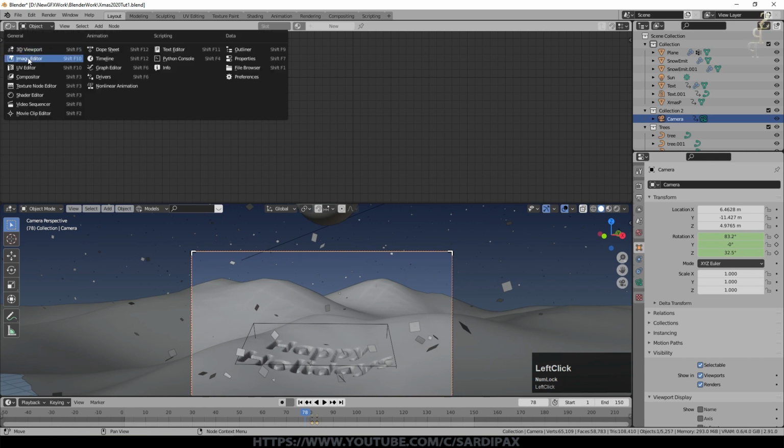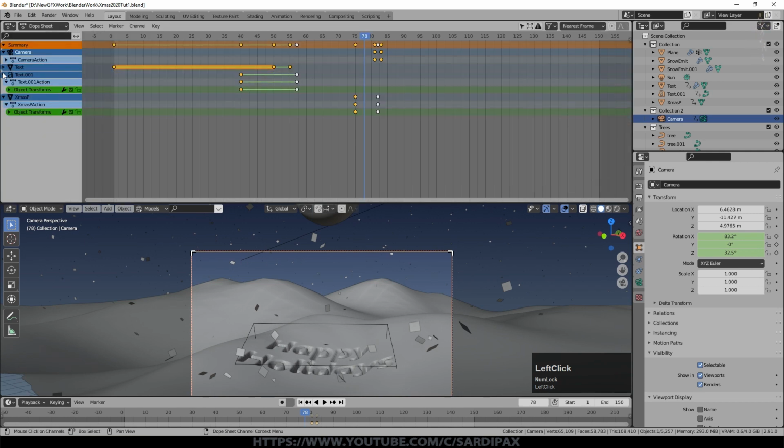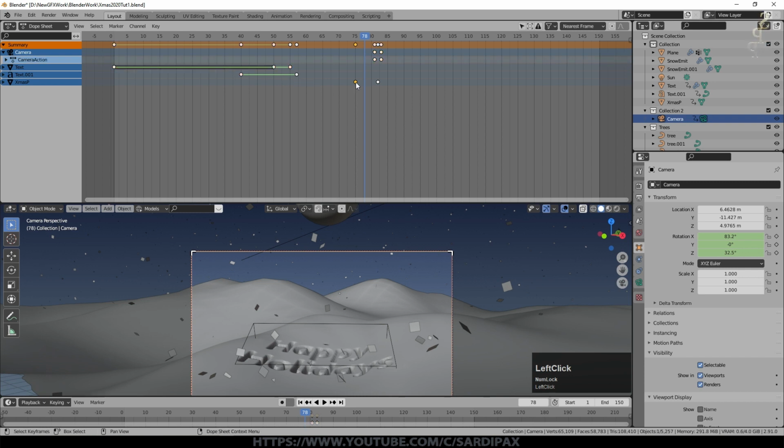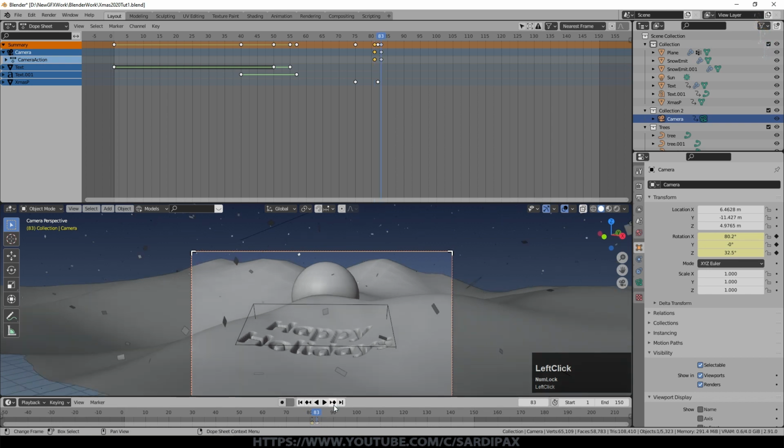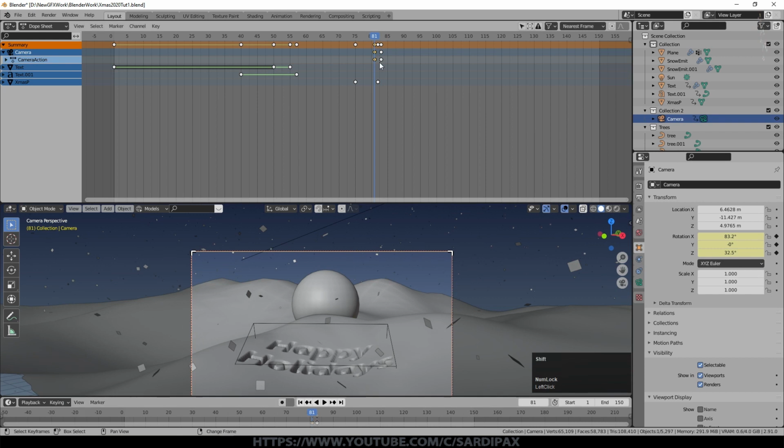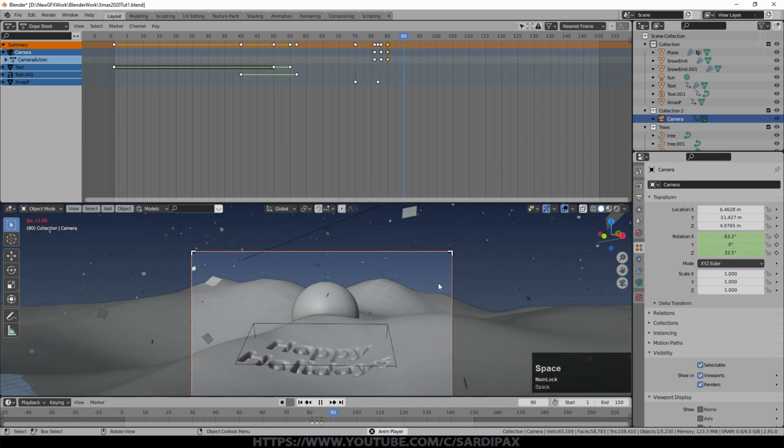If we go to the dope sheet up here, just minimize some of these so it's not so complicated, but the camera is the one we're interested in. So that's where the camera started. If we go to there, and then it rotates down slightly there. If we want it to go back to there, we can just Shift D and duplicate those and just bring them on to a few frames later. So now at the moment the camera is just going to do a little single bump.